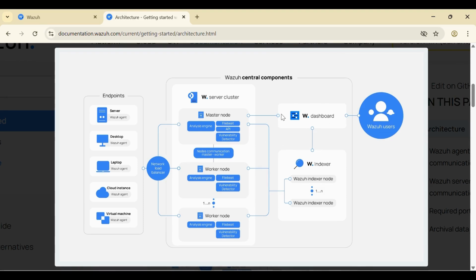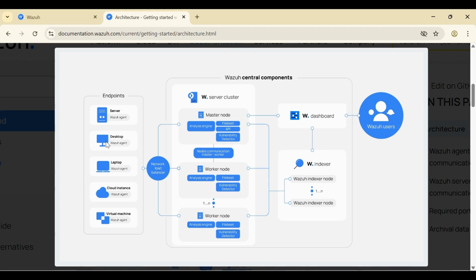Before we go into navigating the Wazuh Dashboard, we should understand how all of them are connected and how the architecture of Wazuh works. First of all, there is the deployment of Wazuh agents. Wazuh agents are installed on monitored endpoints such as servers, workstations, cloud instances, etc. Agents collect security events, logs, system configuration, and file integrity data from the endpoints, and transmit logs to the Wazuh server. Agents securely send all the collected logs to the Wazuh server over TCP port 1514.